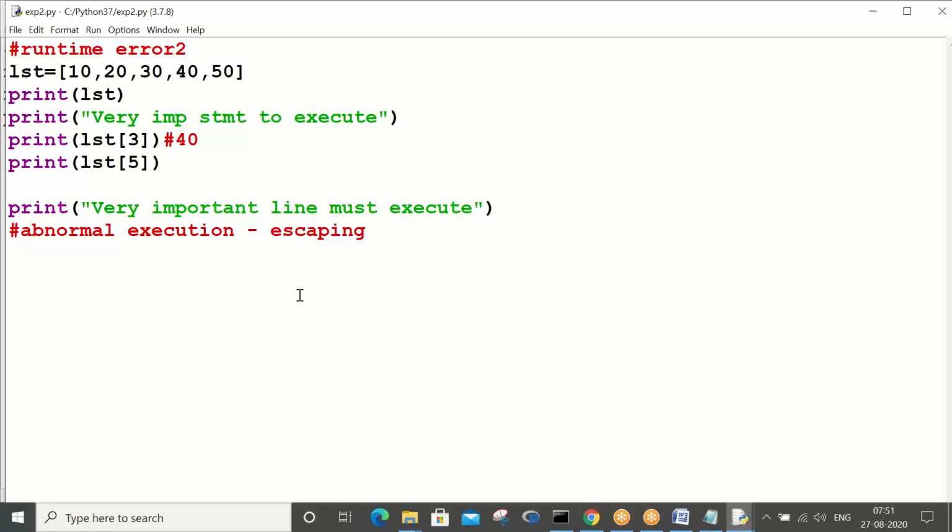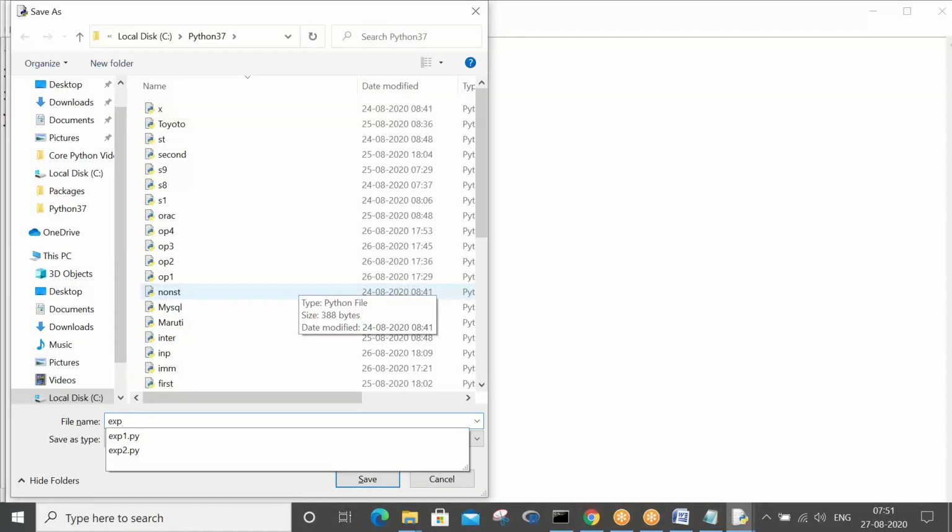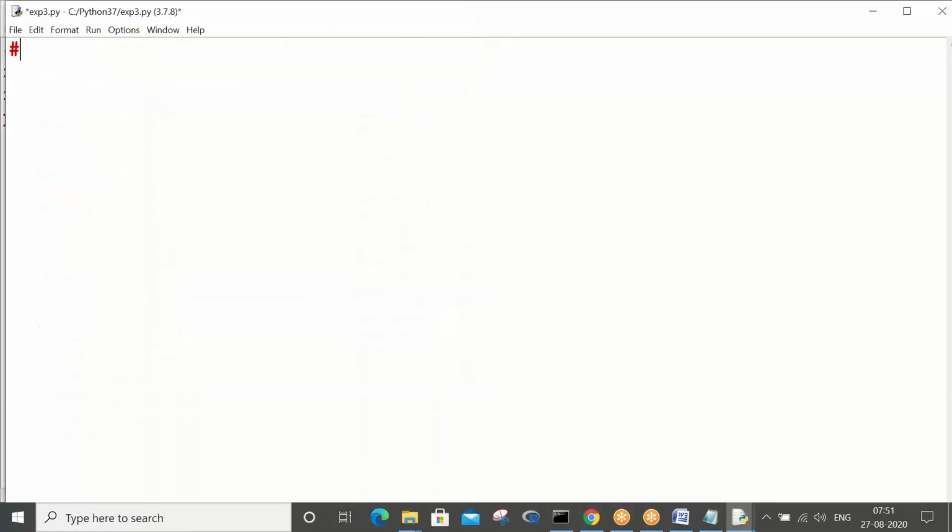Now let me show another. Runtime error is called exception. Runtime error is also called exception.